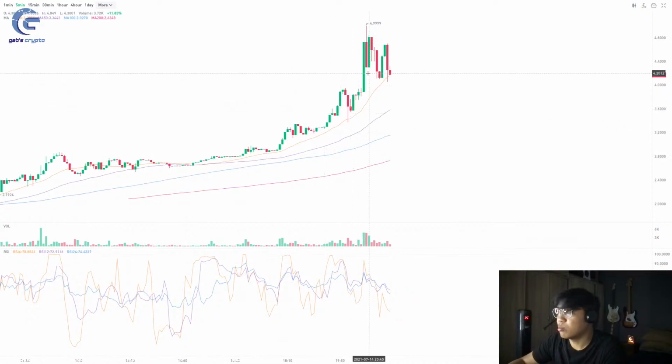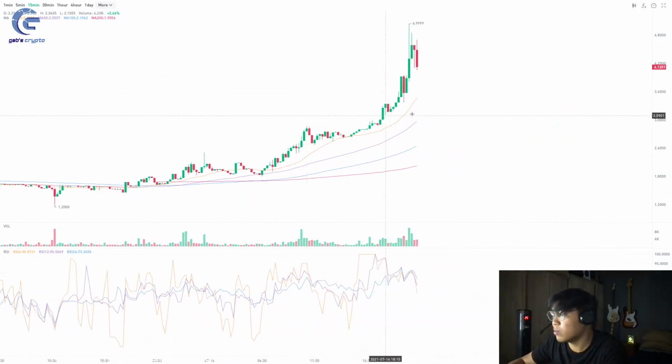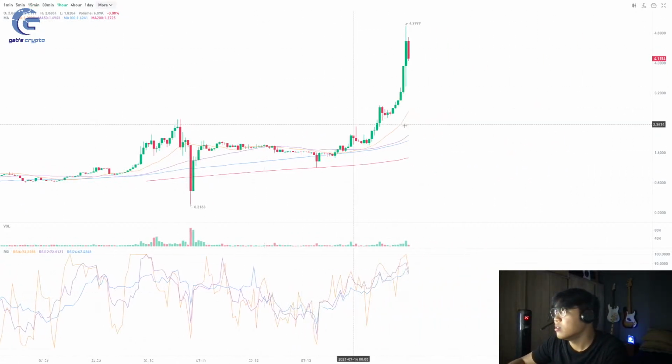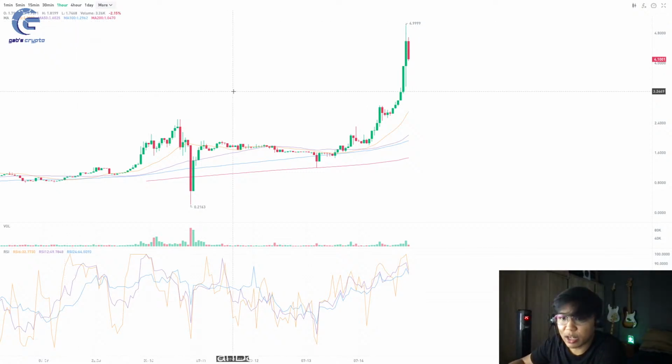So ayun na, nagda-dump siya. 5-minute time frame, nagda-dump siya ngayon. And yes, dead cat bounce. More likely it will go down to the 50 moving average kay 5-minute. Kaya in the 15 minute, you could see that go down dito kay 20 moving average in the 15 minute. Pero kay hourly, it's very hard to tell pa kasi wala pa tayong bearish signals for the hourly. In the short term, dun tayo more likely makakita ng dump. So yeah, that's for DPET.